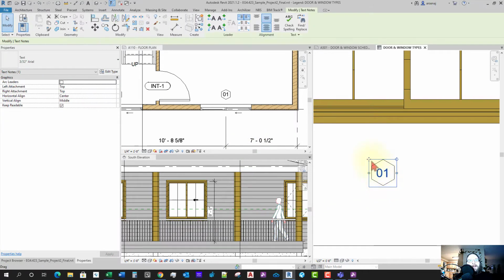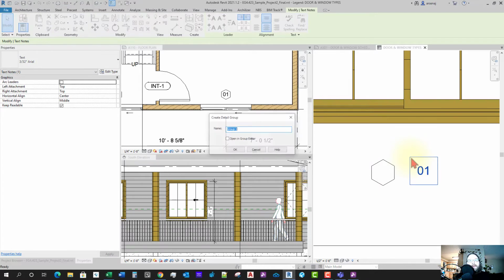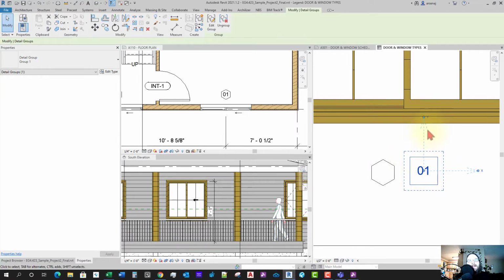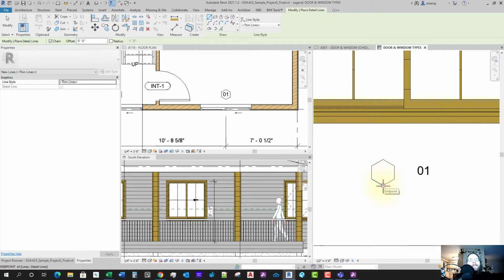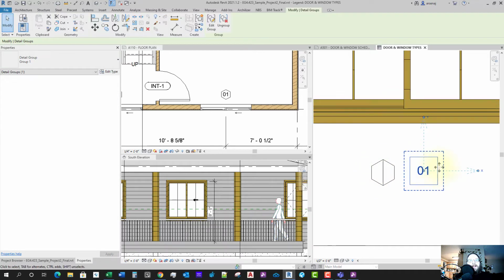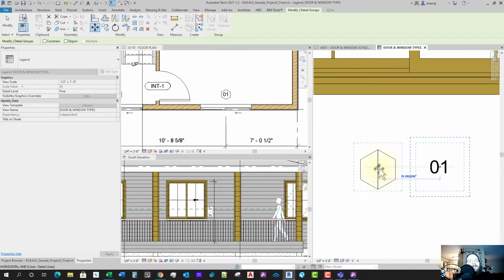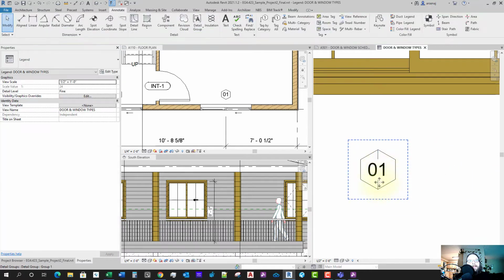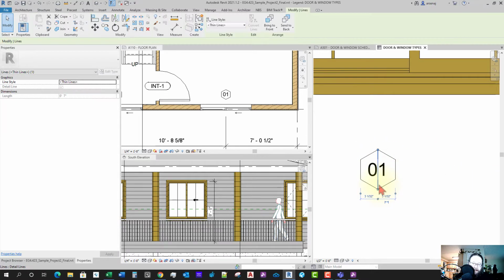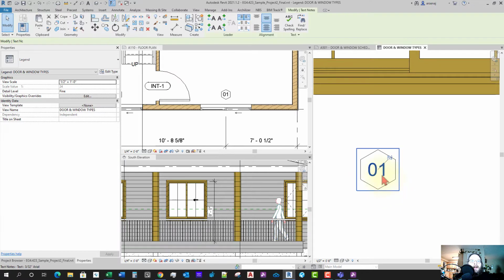Next thing I'm going to do is I'm going to grab the text. I'm going to make it into a group also, but just temporarily, so that I can get this midpoint, and I'm going to move this midpoint to the center of this symbol I just drew. So before I do that, though, I'm going to draw a line to get my center line, and I'll pick my group that I just made and go to move, get the center of the text, and then place it on the midpoint there of that line I just drew. Then I can delete the line and